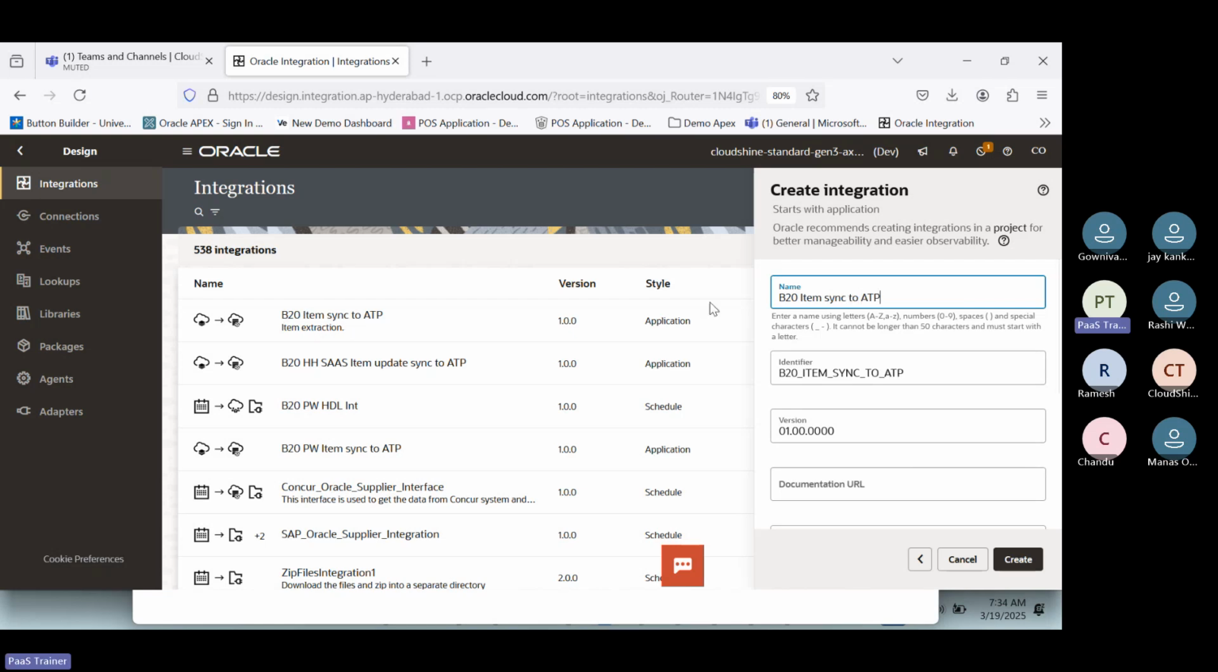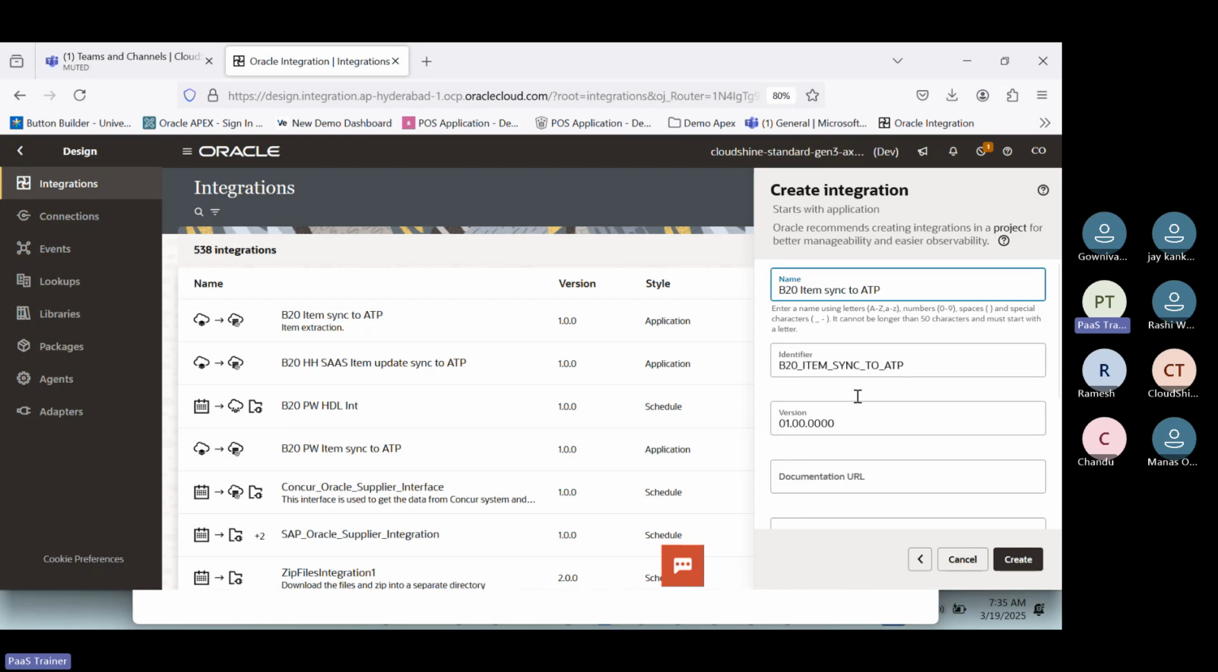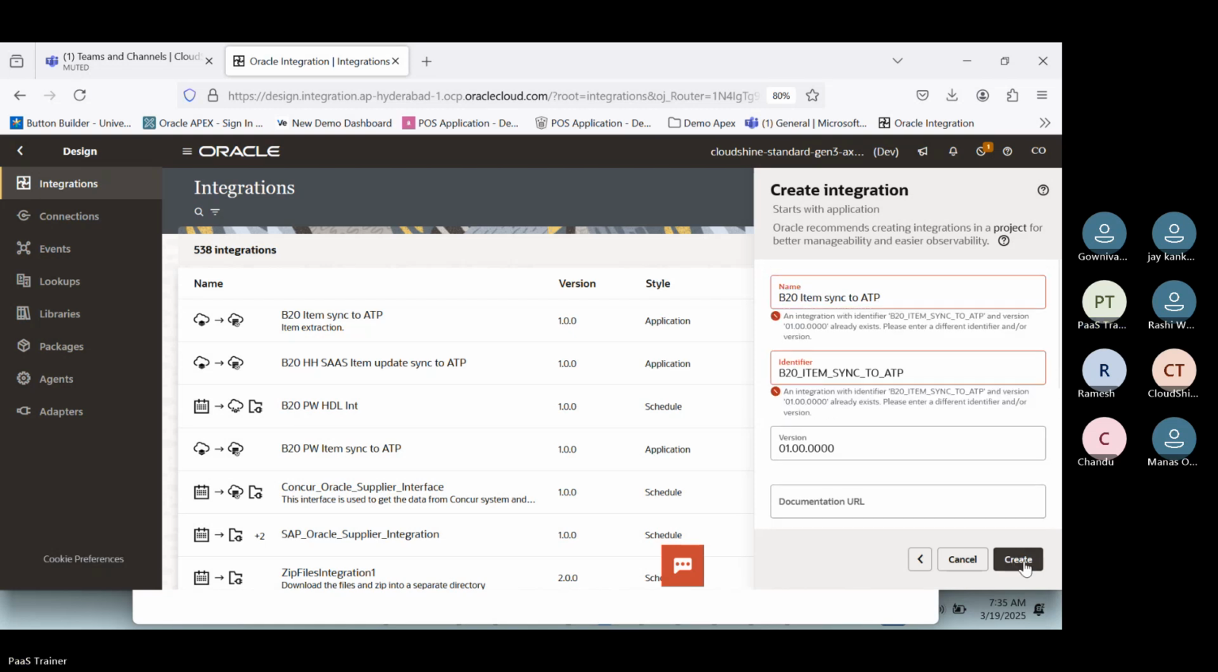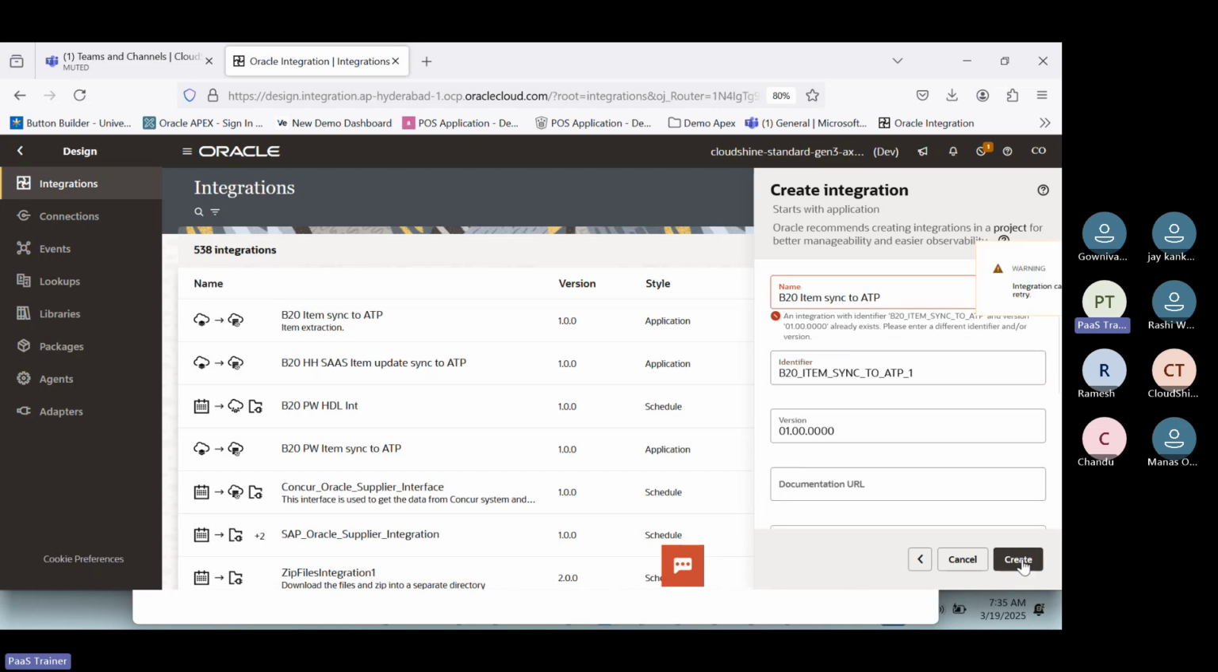For example, same name I have given, B20 item sync to ATP. So I have given the same thing. I will explain these things again, but if you see, I have given it now, and if I try to click create, what is happening? I am getting the error that the identifier with the version is already existing. What it means is that this identifier should be unique. Now suppose I keep the name the same, but in the identifier I go and change it, _1, and if I click create,